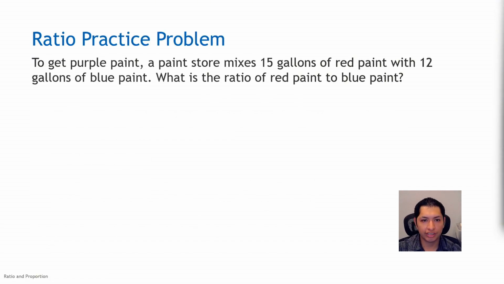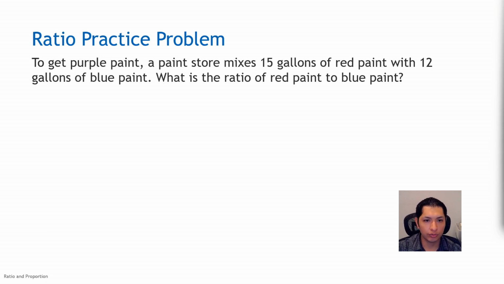Let's look at a ratio practice problem. To get purple paint, a paint store mixes 15 gallons of red paint with 12 gallons of blue paint. What is the ratio of red paint to blue paint? So these are 2 different subjects, different colored paints, and it is asking you to write as a ratio the